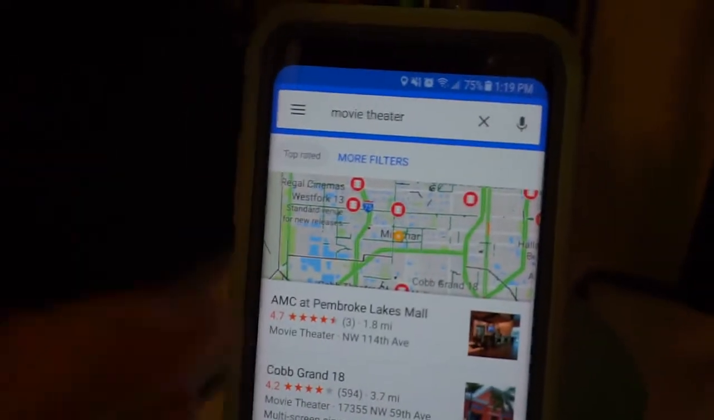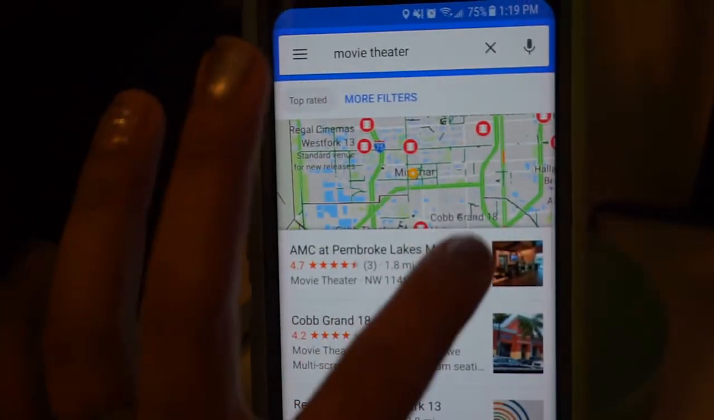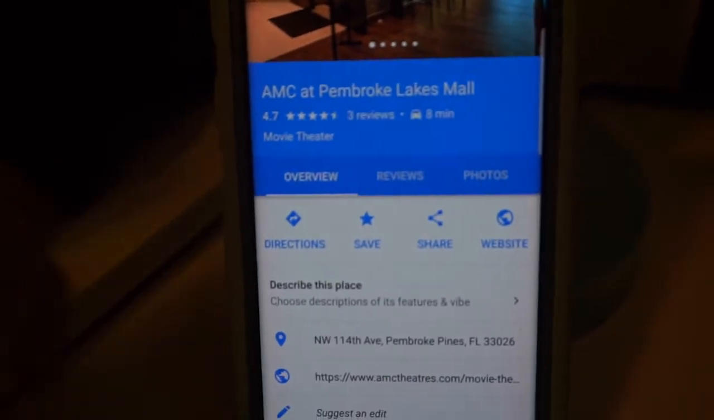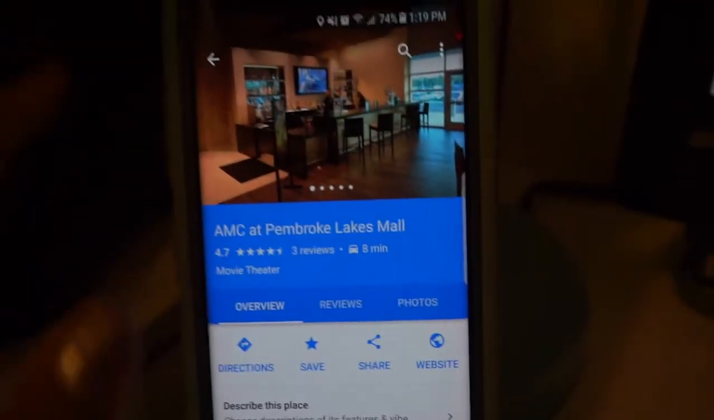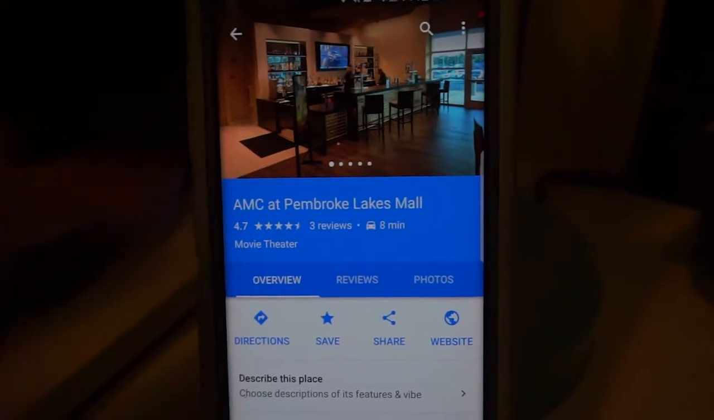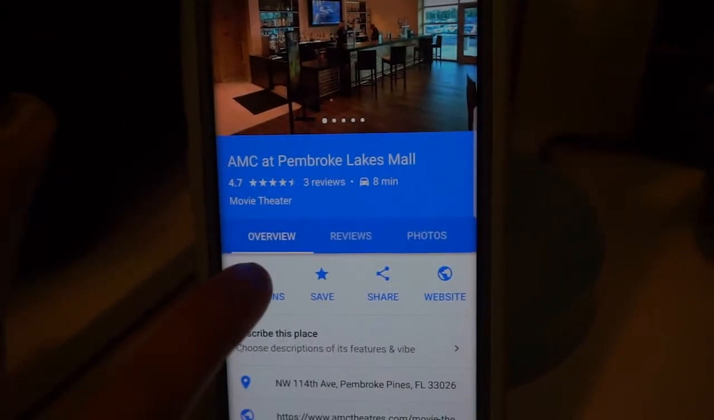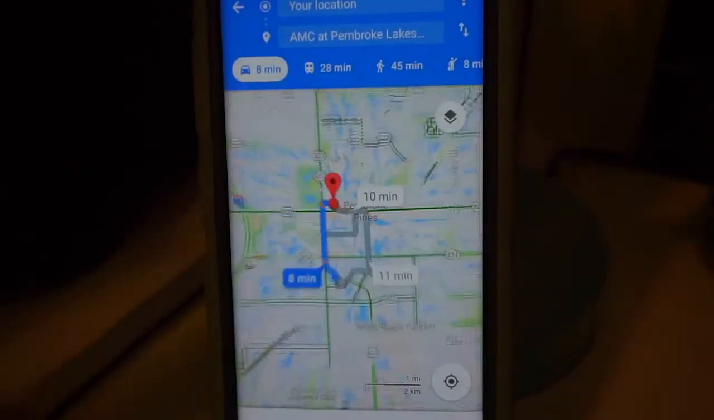Makes it a lot easier because you don't have to input numbers with a complex keyboard that Android has. And I choose the closest one. You usually go to this one, and it gives you the profile page, the Google profile for that location, and you would click on directions and